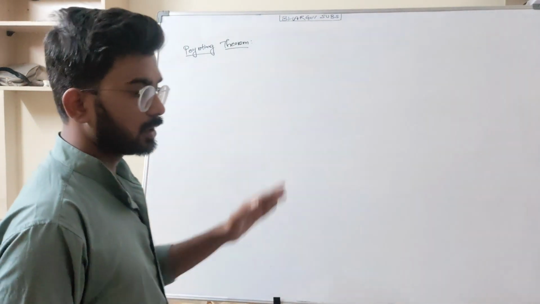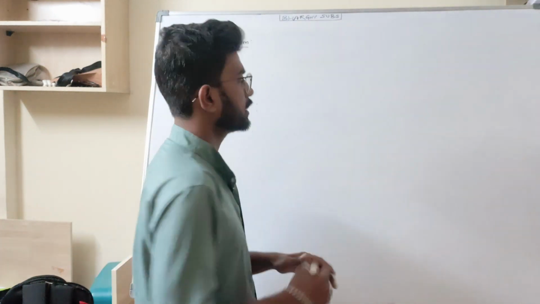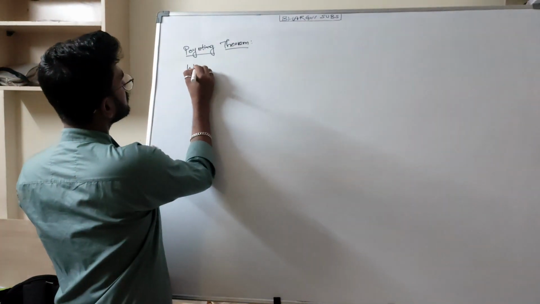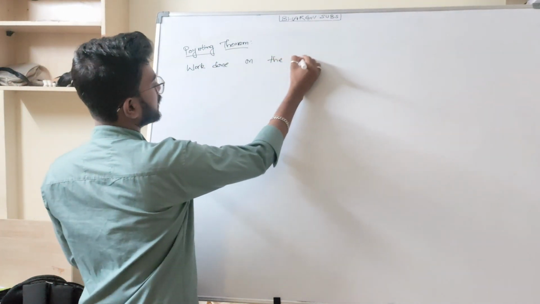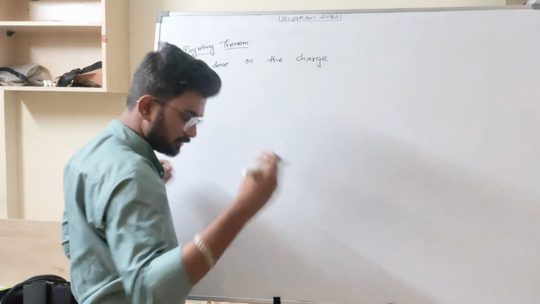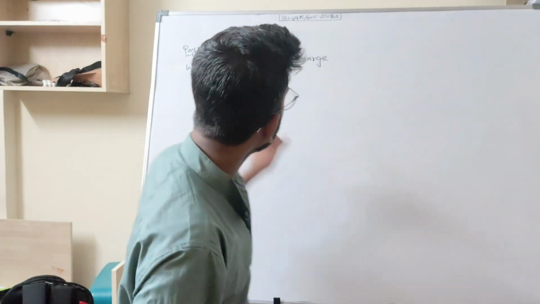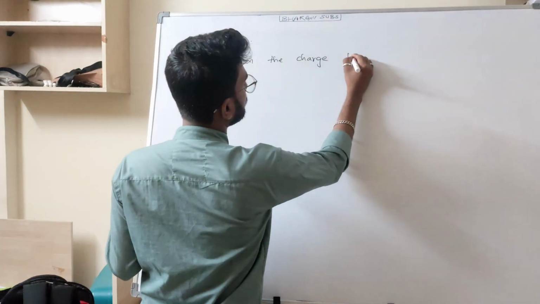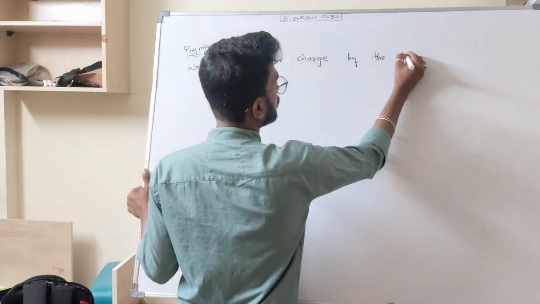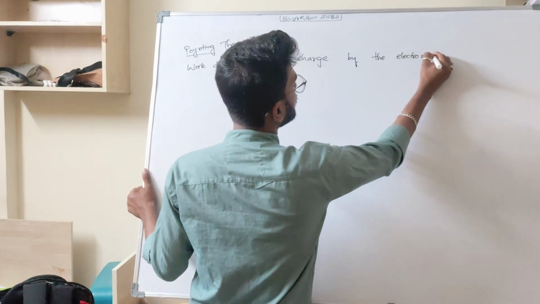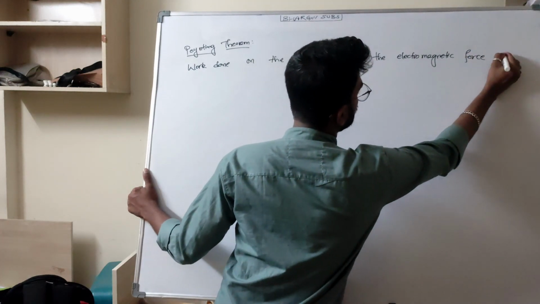Let us discuss the basic statement of the Poynting Theorem. What is the Poynting Theorem? It concerns the work done by the electromagnetic force on a charge. Any material contains a group of charges. So the work done on the charge by the EM force, the electromagnetic force, is equal to the